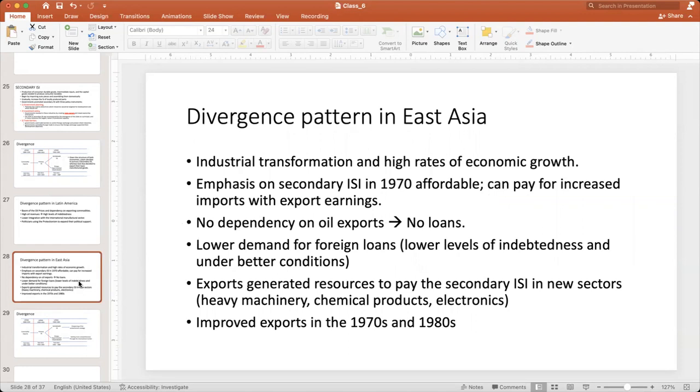So why? Because with these types of exports, they could generate more resources to pay the secondary ISI in new sectors such as heavy machinery, chemical products, and electronics. So that's why